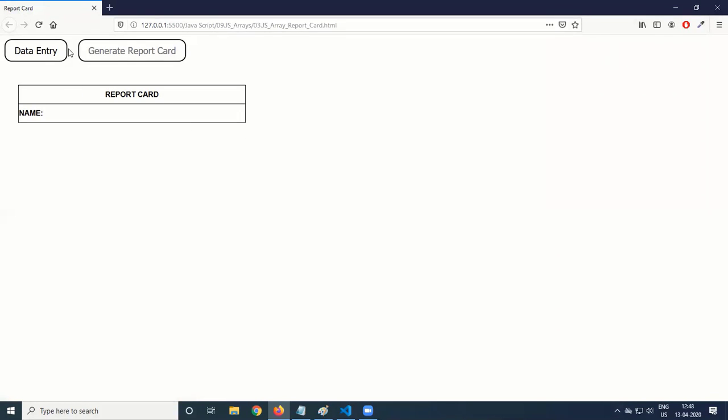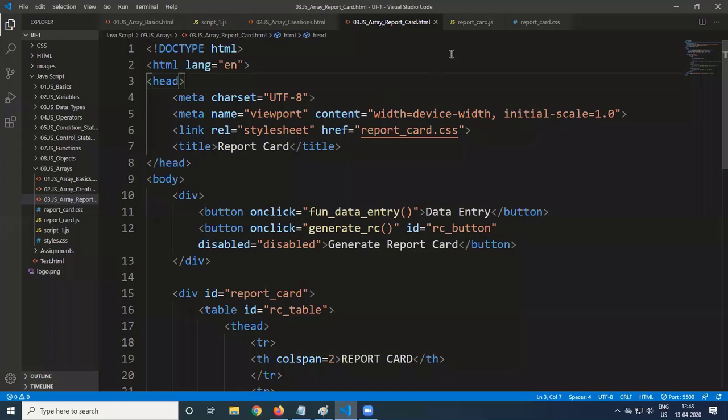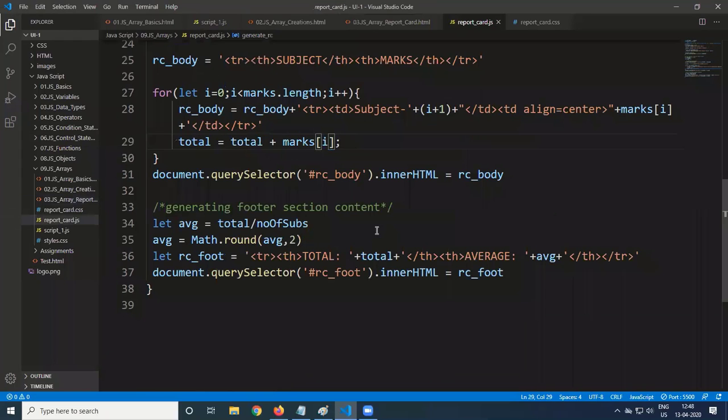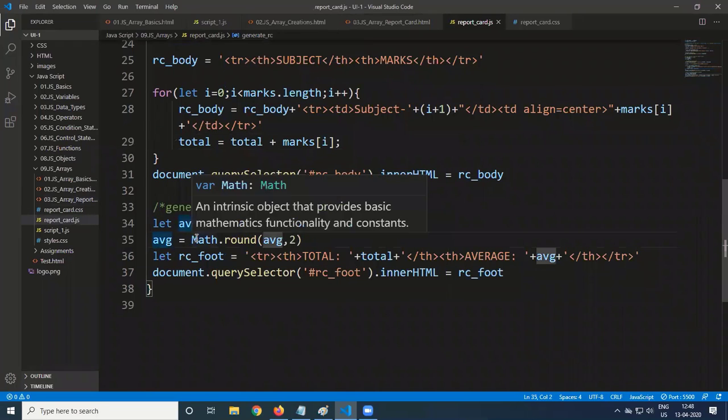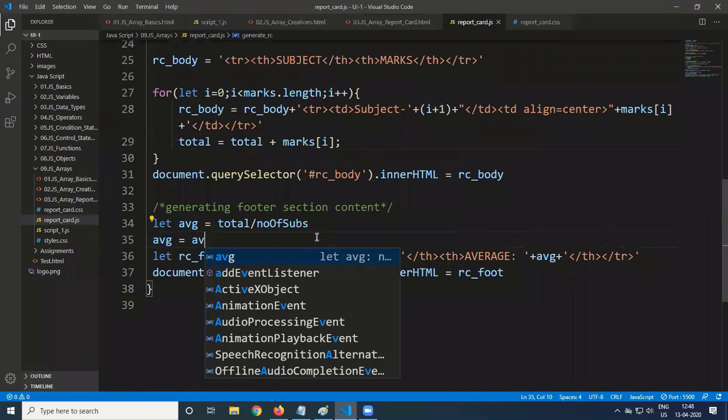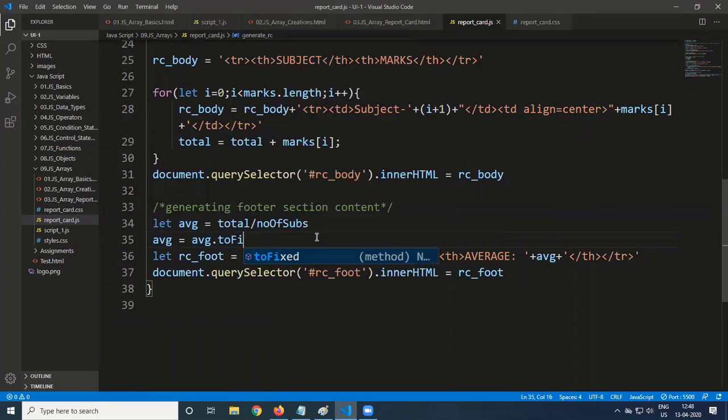Now what I need is the report card. So this is disabled and all. I want to make that report card, the average marks to be rounded to 2 digits. So how can you make that marks to 2 digits? For that purpose, we got the average. What I do is average is equal to AVG dot toFixed.